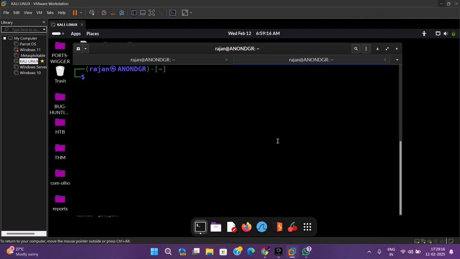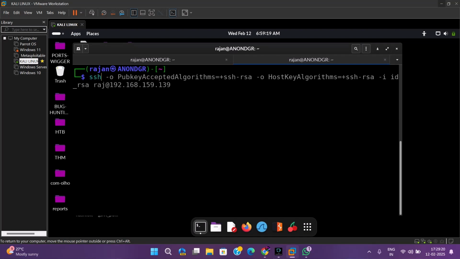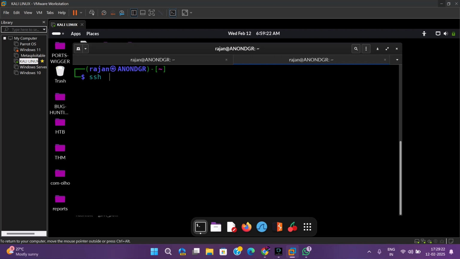The next command line utility which you need to understand is SSH. This is not strictly a command line utility. SSH is basically a protocol which stands for Secure Shell, or Secure Socket Shell, and it is used to establish a secure, tunnel-like connection between your client and your server. It is a kind of remote sharing option which enables you to access a system remotely in a secure manner. It is also a command line utility, as we can run it